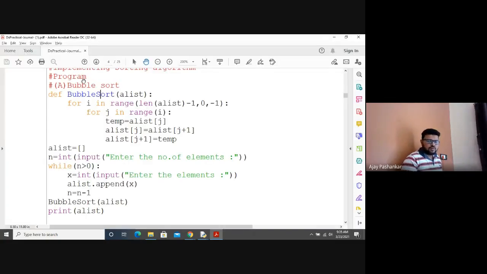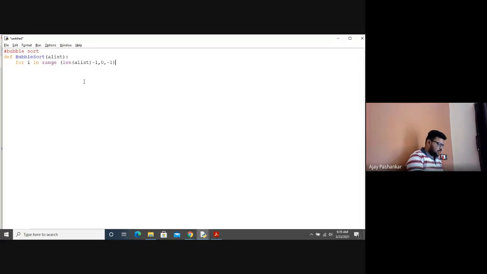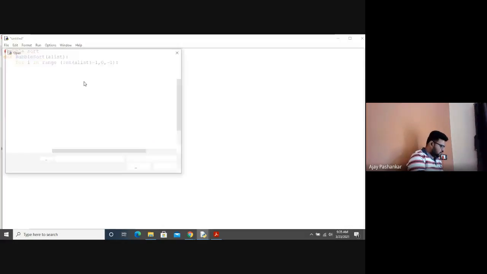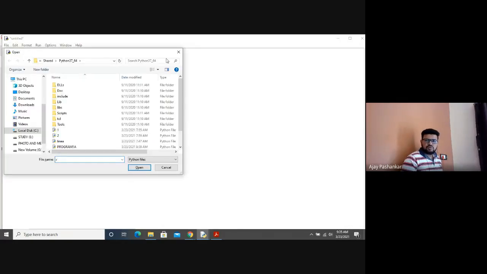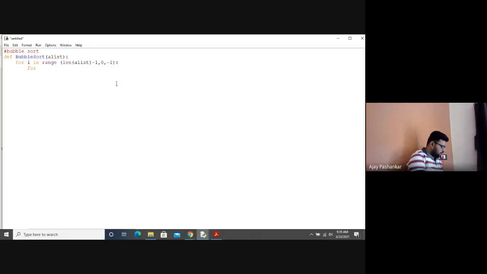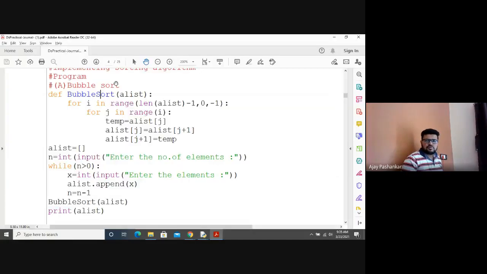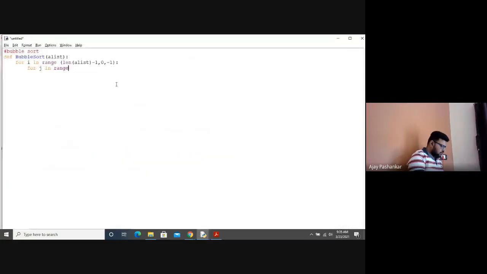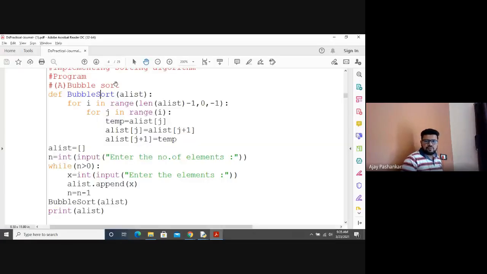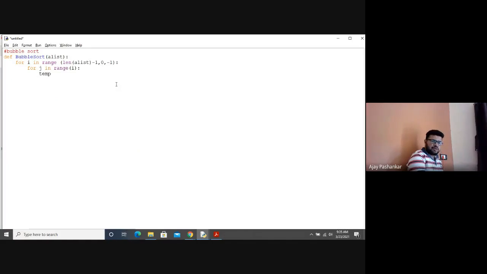Okay, so we require two loops, for j in range. Into bracket I, just pass that value temp. We require a third variable for storing that value, temp equal to alias of j.